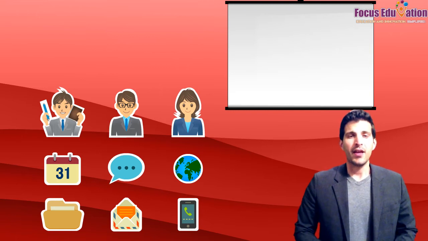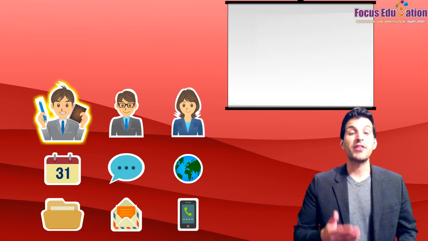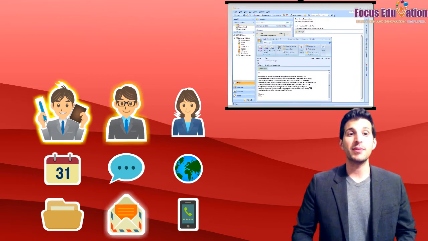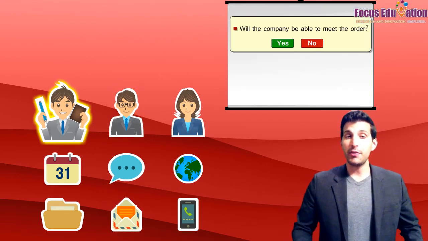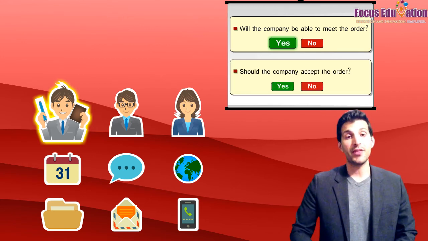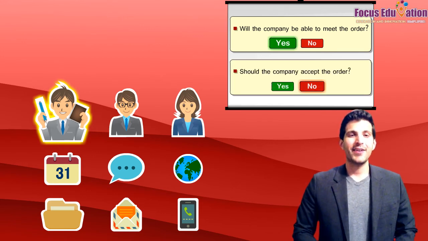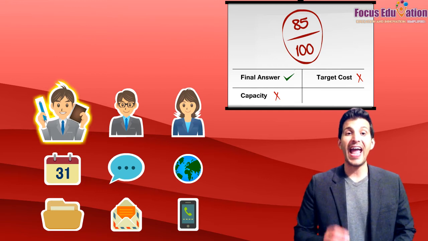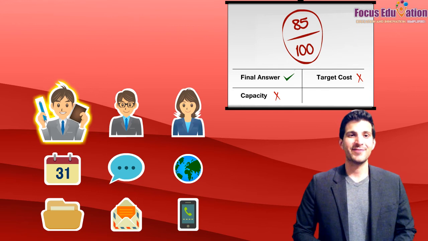For example, let us consider a scenario where the accounts manager is approached by the sales executive about a potential new order. The different variables have to be taken into account to arrive at an informed conclusion. Would the company be able to meet the order? If so, should the company go ahead and accept the order? Finally, the results are obtained based on the student's performance. They will be provided with a scorecard and a detailed analysis of the pros and cons of their decisions.